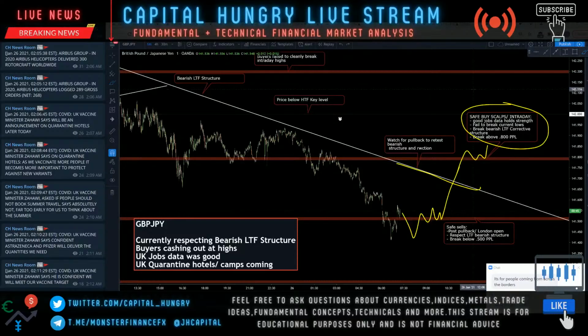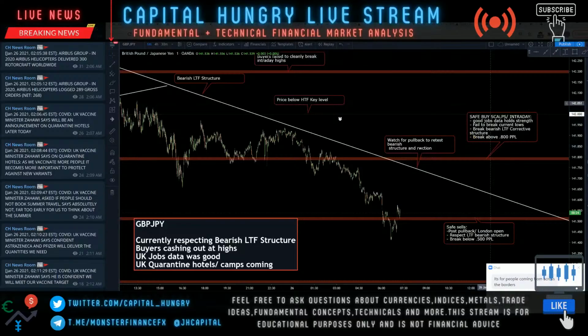Okay, we understand that the higher time frames on GJ are very bullish, but we can't ignore that we're coming towards the end of the month. Buyers are failing to break those previous intraday highs, and on the lower time frames we are starting to form this bearish market structure. Okay, so now I'm just going to jump to GBP USD to quickly summarize that, because it's going to be very similar to GJ, and then I'll talk about gold, EU, US30, and everything else. All right.